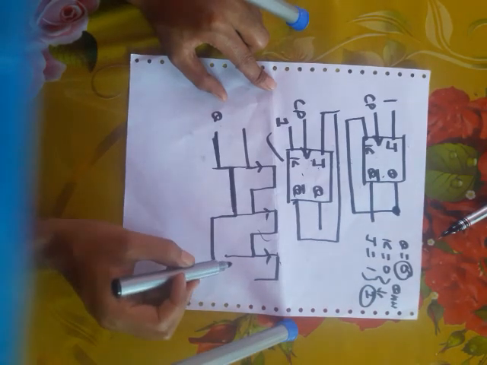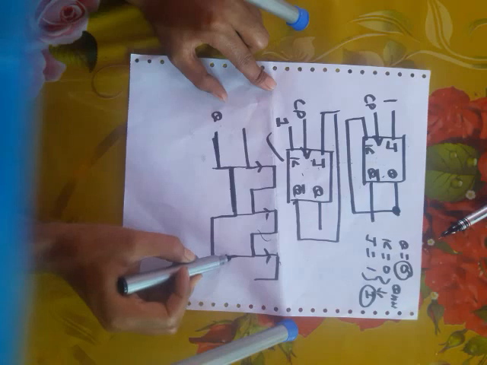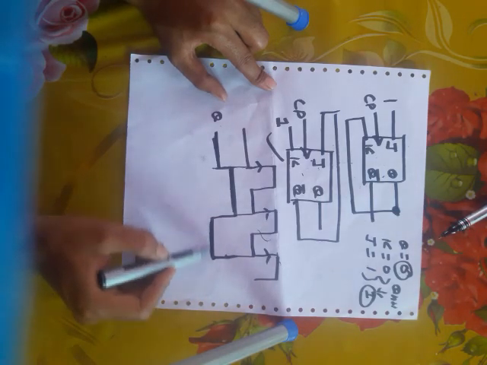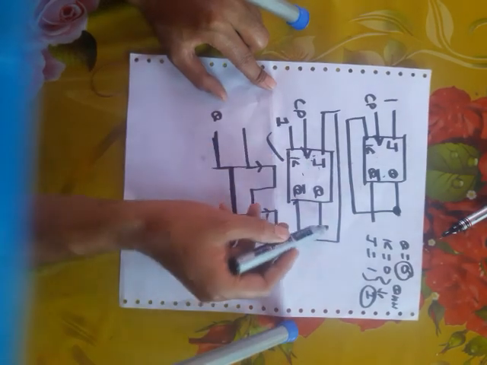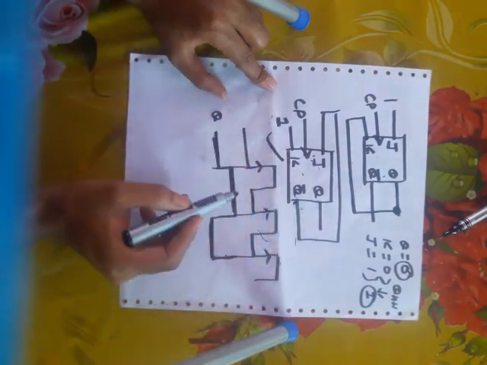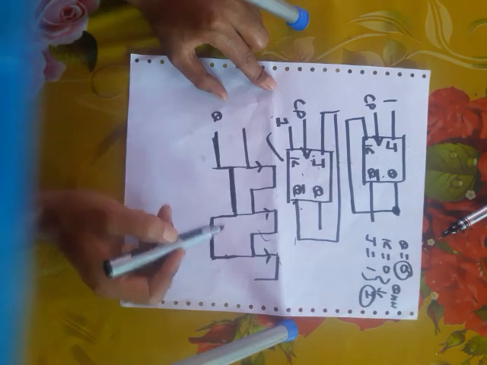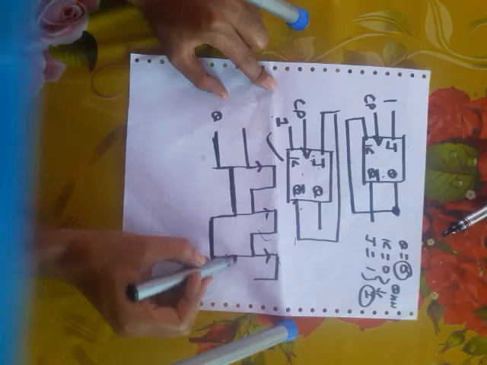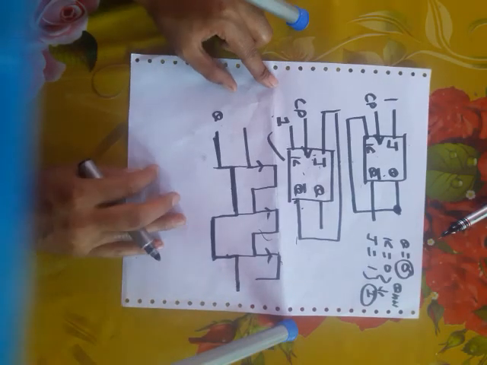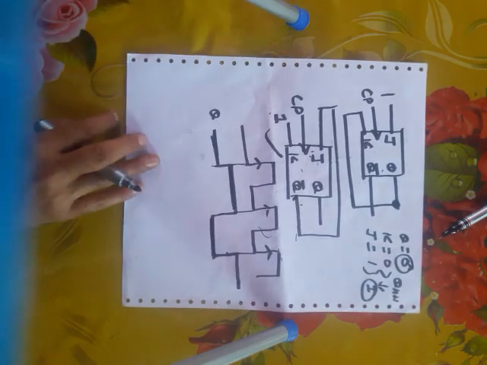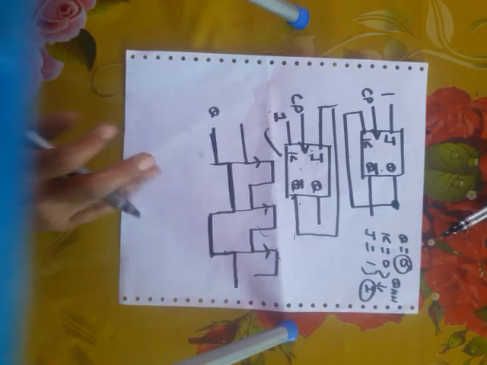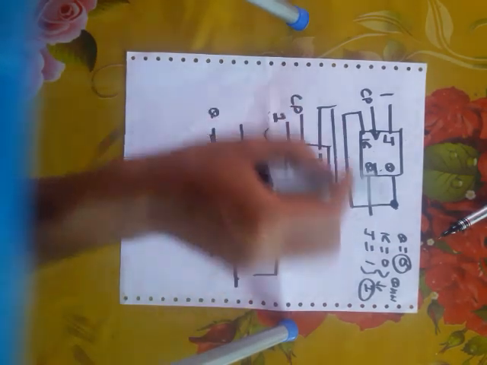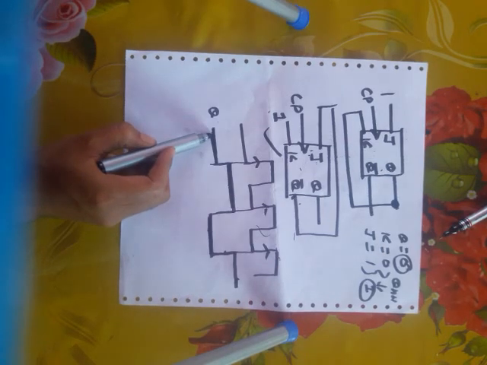Similarly, now Q equal to 0. So J will be 1, K will be 1. You know again when J equal to 1, K equal to 1, there is toggle condition, means it will go from 0 to 1. Toggle means after every clock pulse, it will complement. This is 0, this is 1, this is 0, this is 1. In each circuit, you will get the same timing diagram.